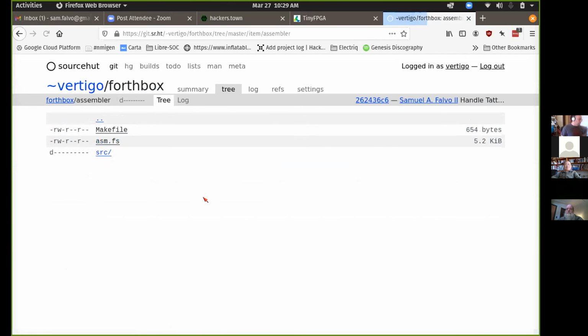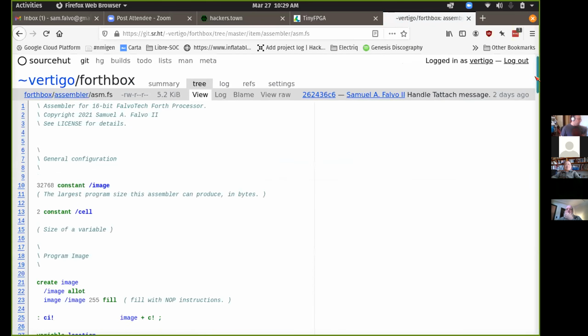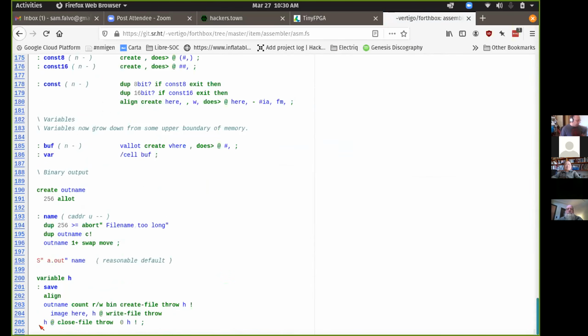So if we go back here and we go into the assembler, it is written in Forth at the moment. And I'll just scroll all the way down, and you can see basically it is 205 lines of code, and that includes commentary. Using create does to basically describe